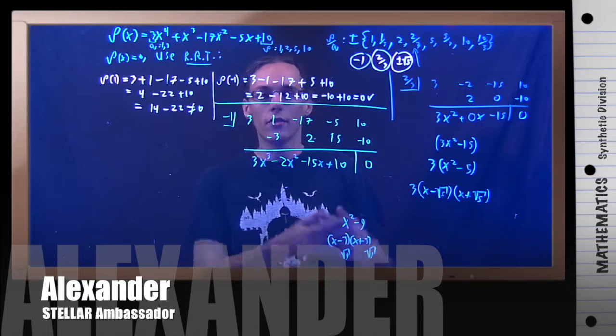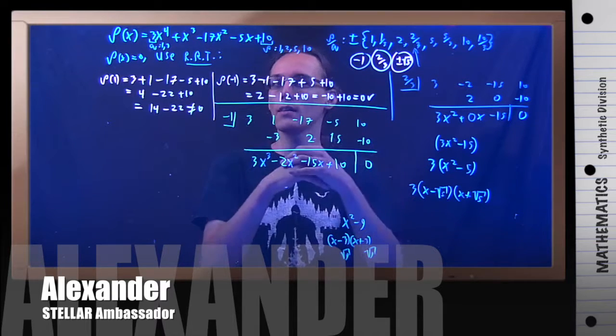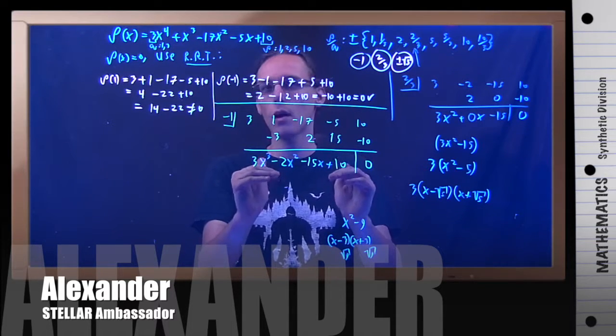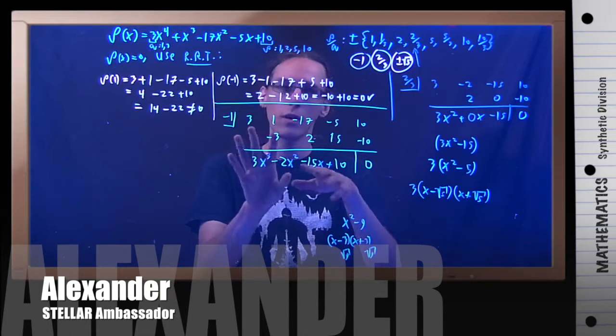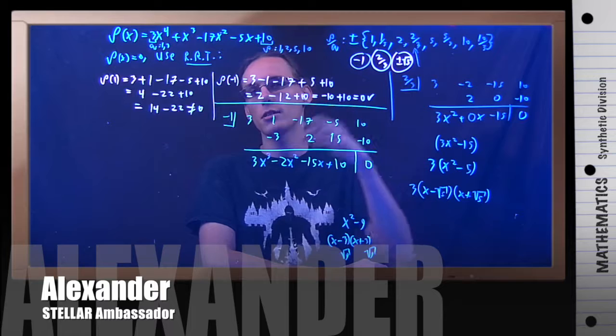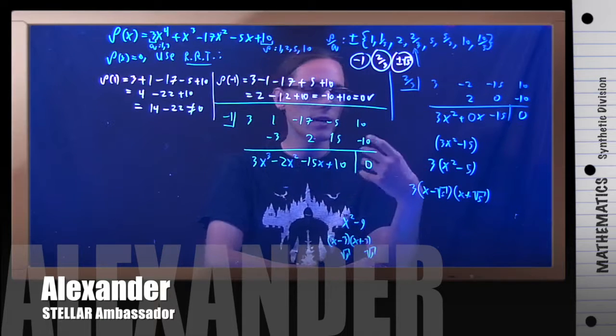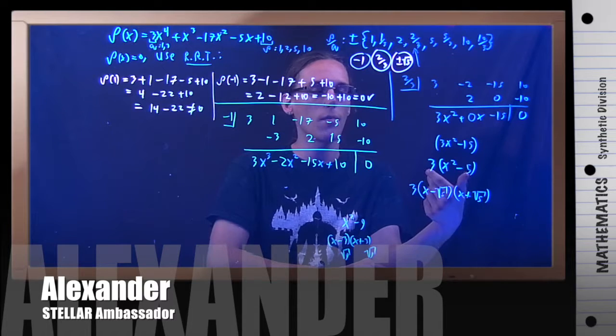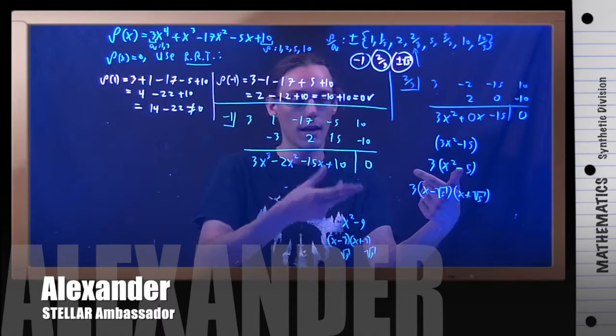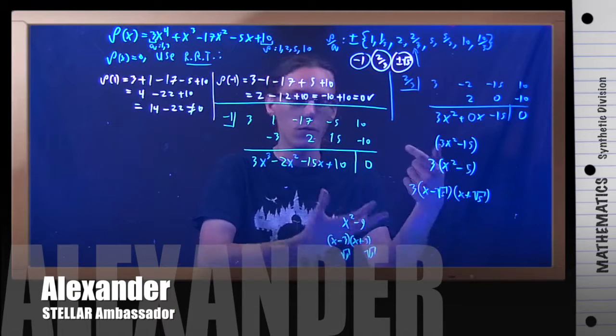So make sure after every step when you're doing a problem like this, look at your new polynomial. And if it's something that looks messy, like this cubic or whatever, go ahead and keep trying out zeros from this list. But if you get down to something like x squared minus a number, even if that's not a perfect square traditionally, like 9, which would be 3 and 3, or 16, which would be 4 and 4,